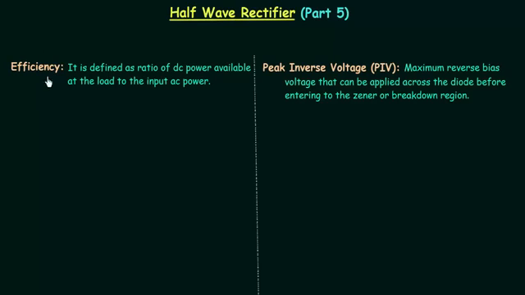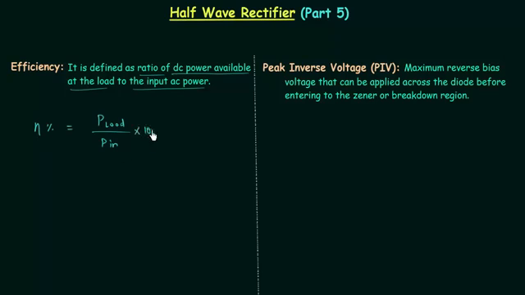In this lecture, I will explain efficiency and peak inverse voltage. Efficiency is defined as ratio of DC power available at the load to the input AC power. Efficiency is denoted by eta. Eta percentage is equal to P load, the power available at the load, divided by P in, the input AC